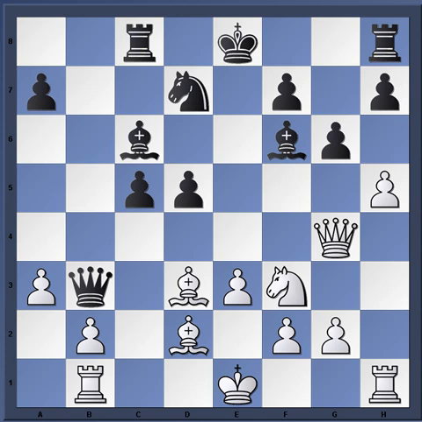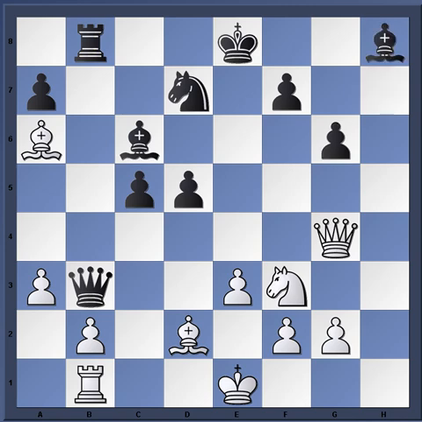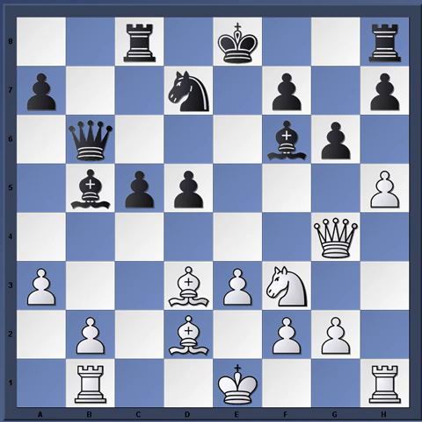Then he says, for example, bishop a6, rook b8, rook takes h8, and bishop takes h8 with the advantage to black. However, he played this move, bishop b5,